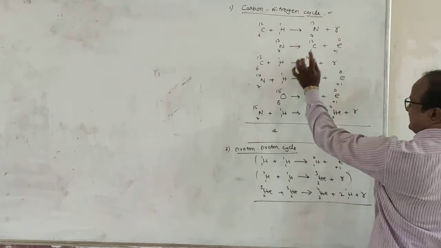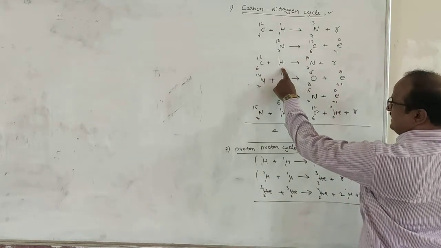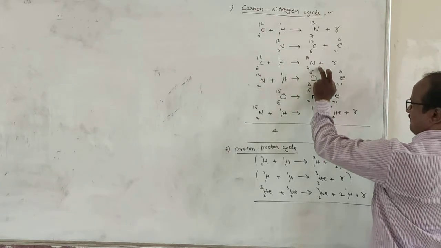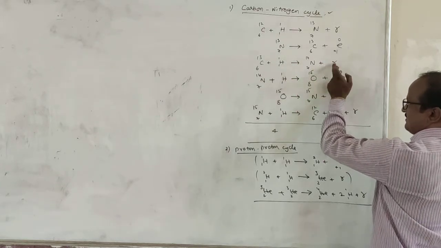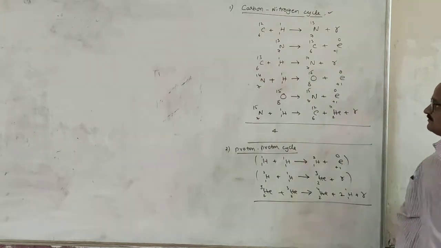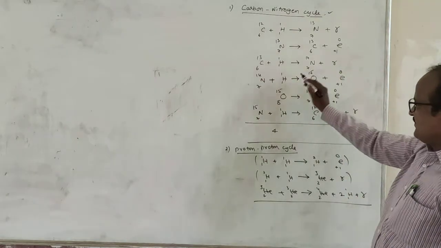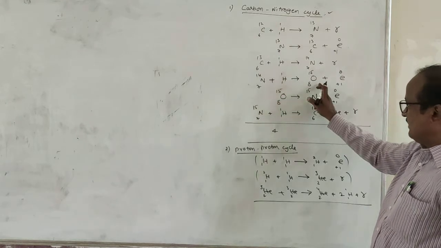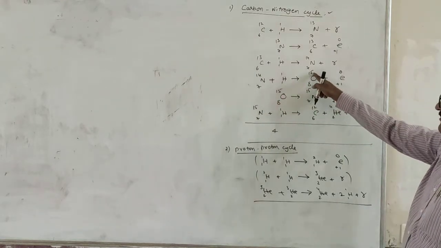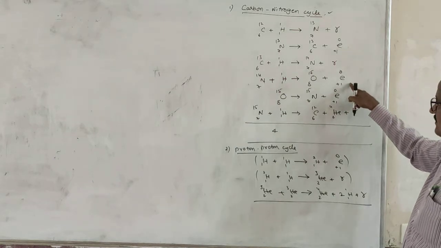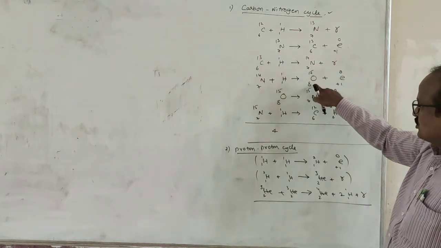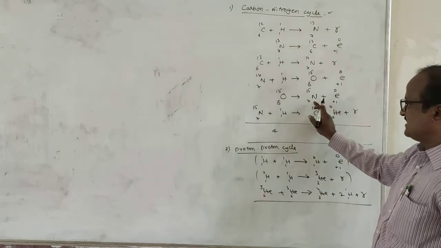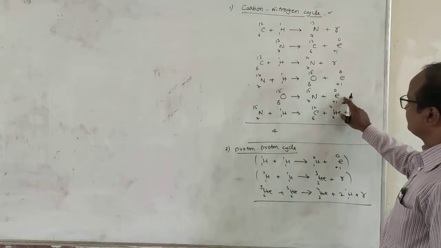Again, carbon-13 reacts once again with a proton. It will produce nitrogen-14 (7N14) plus gamma rays, meaning some energy. Gamma means energy. Also, nitrogen-14 reacts with one more proton and emits oxygen-15 (8O15) plus one positron. Oxygen-15 is also an isotope, and it is very unstable. At any moment it will convert into nitrogen-15 (7N15) plus one positron.